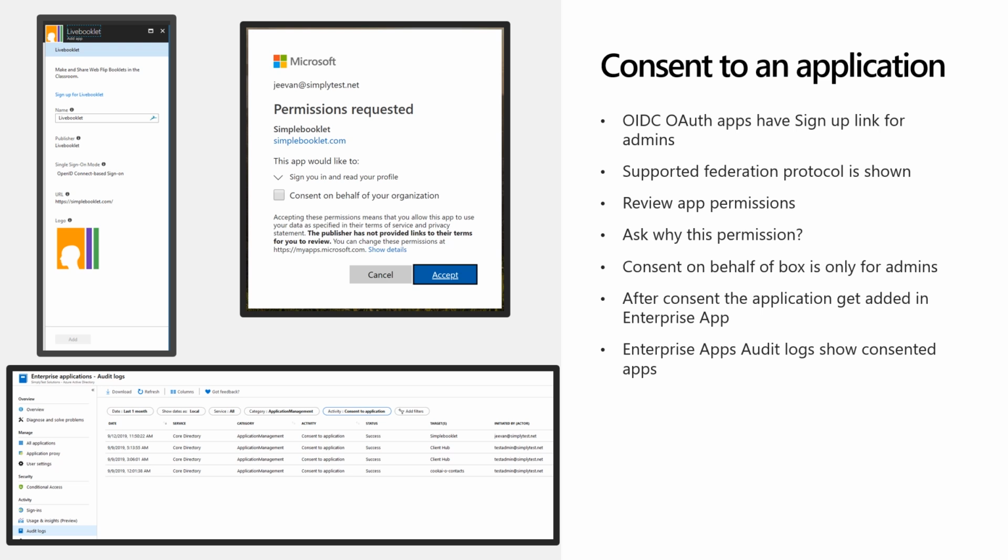Manage means you can provide a set of users and groups access to that application. You can enable conditional access policies for these applications, and so on and so forth, like multi-factor authentication or device-based conditional access policies. But that's how you should be using OpenID Connect OAuth applications from our app gallery. Sometimes you'll see that the application is not in the gallery, but somebody just consented for an application. Those will also appear in your enterprise application page.